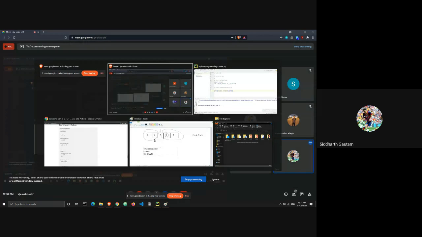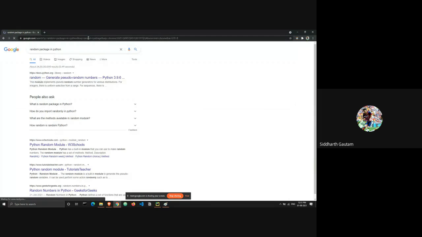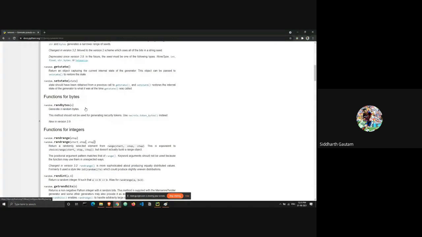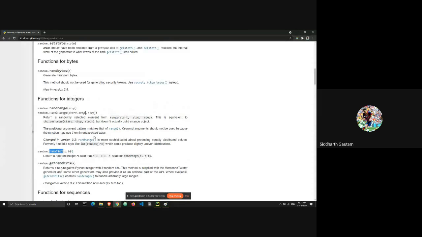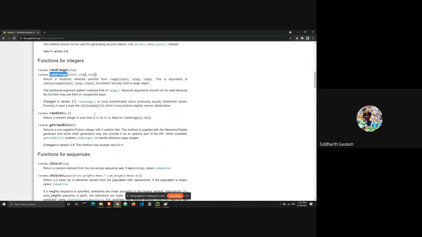Okay, great. So what I will do is I will write random package in Python. I go to the official documentation and you will see all of the methods which are used. I use this function, random integer. There is the randrange function, which includes the starting point, stopping point, and also how many steps you can skip. Like if you don't want any even numbers, then you can enter the value of skip as 2, and it will skip over all of the even numbers. That you can do using randrange.